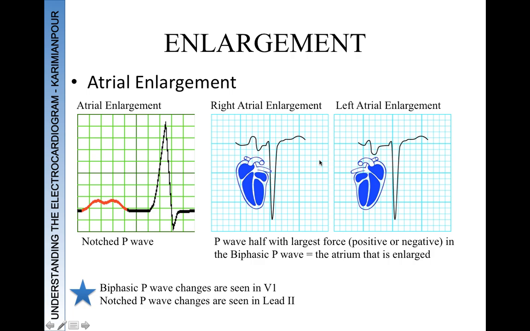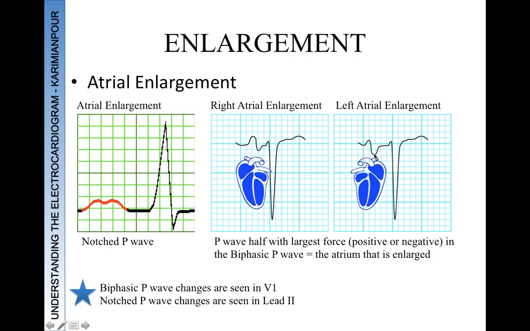But essentially, if we say that the P wave is split into two, and the first half of the P wave represents right atrial depolarization, and the second half of the P wave represents left atrial depolarization, then this model makes sense over here. If the first component of the biphasic P wave is larger than the terminal portion of the biphasic P wave, then this is probably right atrial enlargement. If the terminal portion of the biphasic P wave is larger than the first portion of the biphasic P wave,